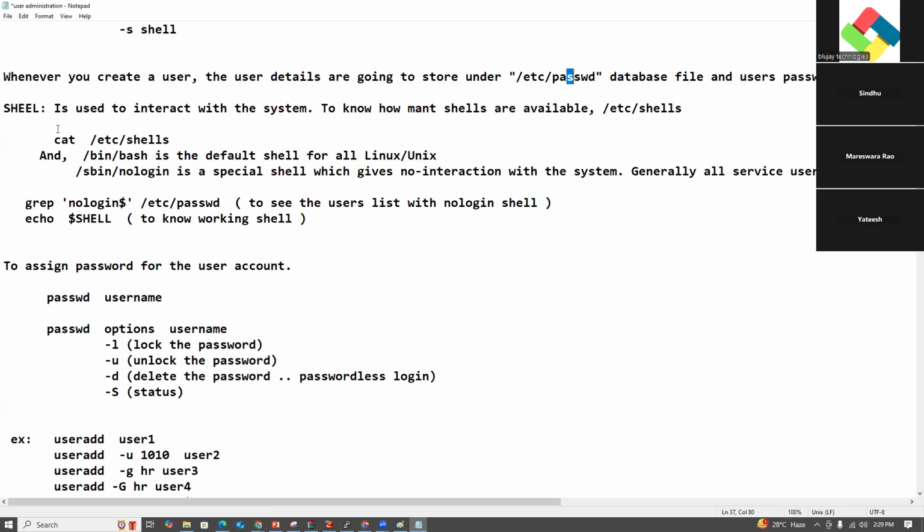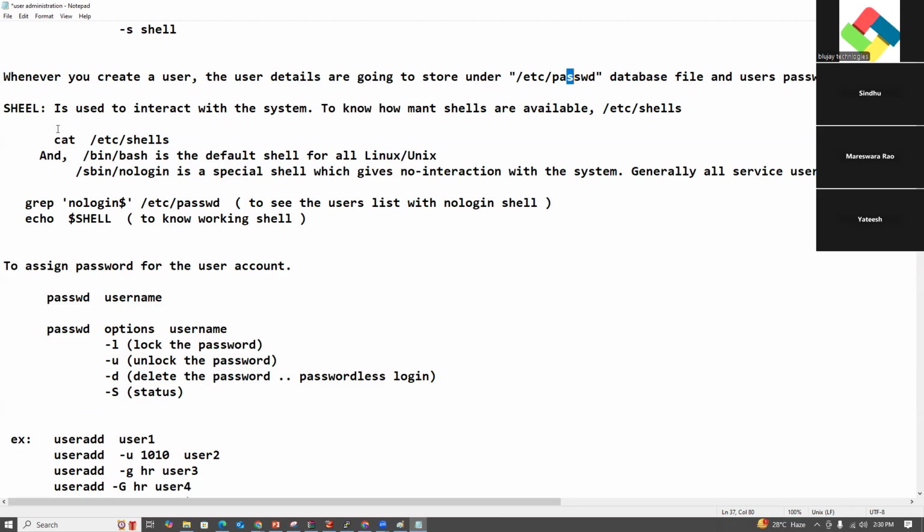Something like, right, Sindhu, you are pending with connecting through PuTTY, right? For example, your server is in the Hyderabad data center, Sindhu. So you want to connect to the server daily. Will you come from Kakinada to Hyderabad daily and connect to the server, or will you connect with the help of PuTTY?